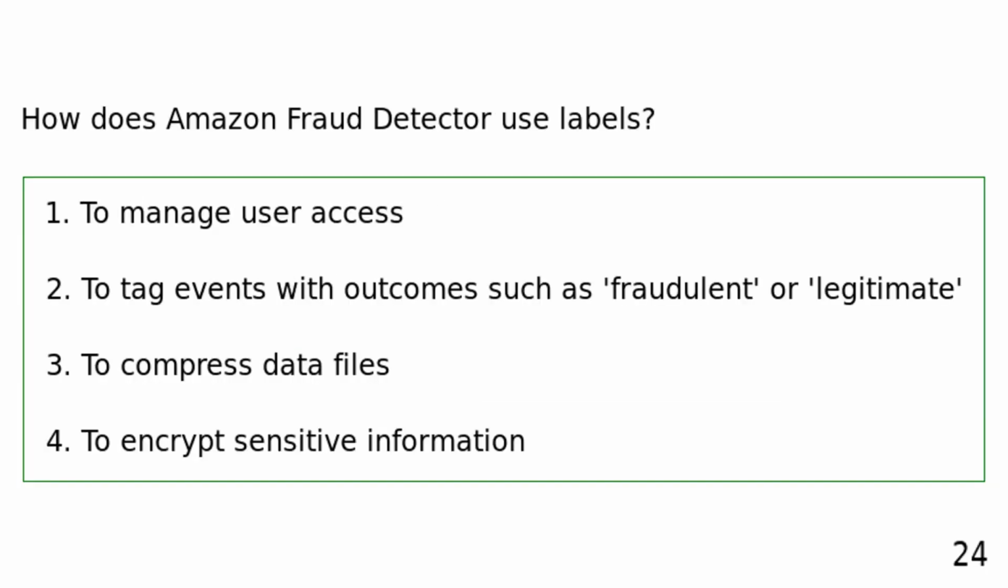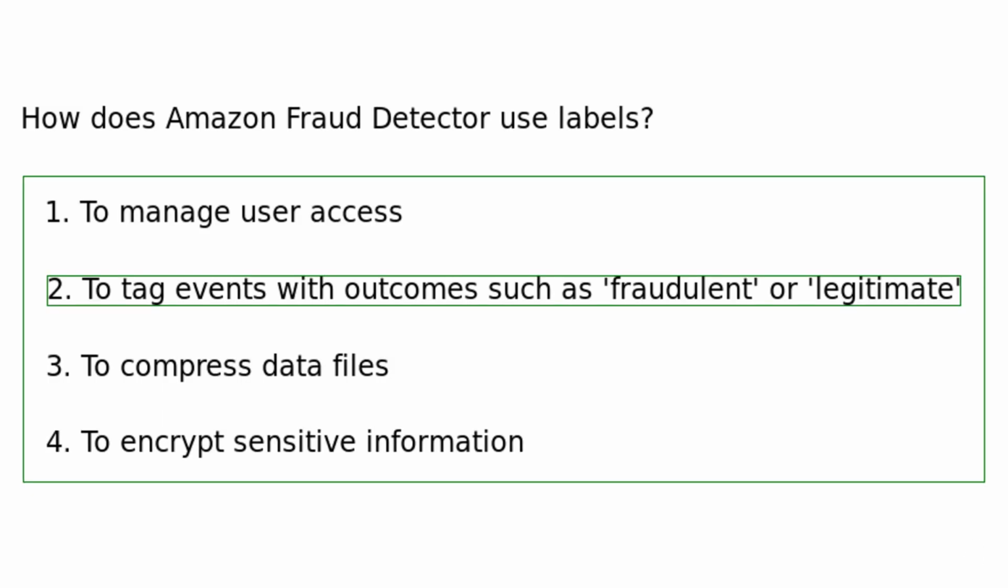How does Amazon Fraud Detector use labels? To manage user access. To tag events with outcomes such as fraudulent or legitimate. To compress data files. To encrypt sensitive information. Amazon Fraud Detector uses labels to tag events with outcomes such as fraudulent or legitimate, helping in training and evaluating